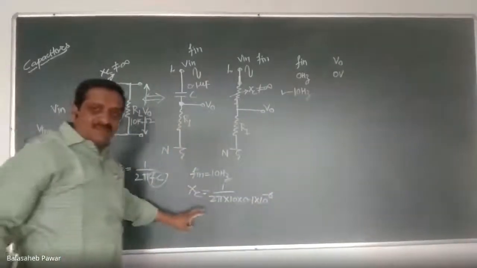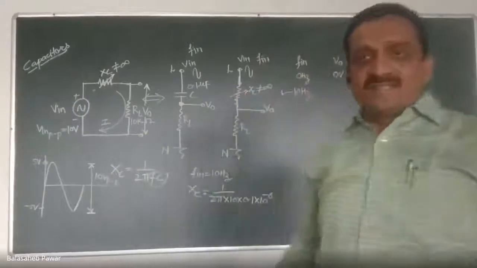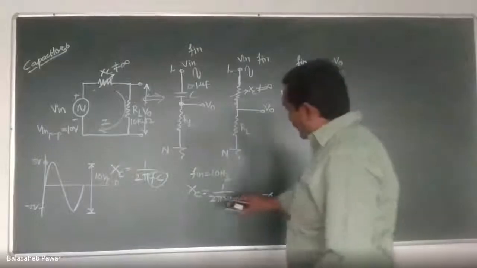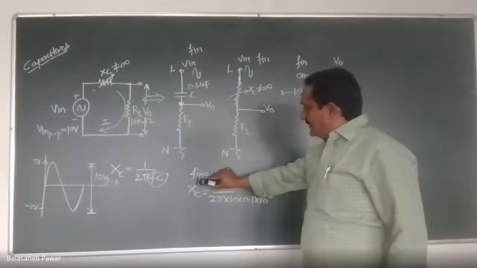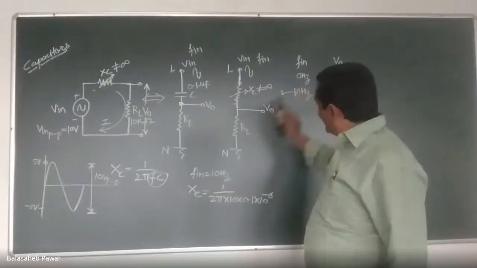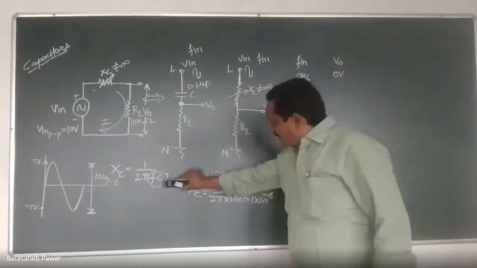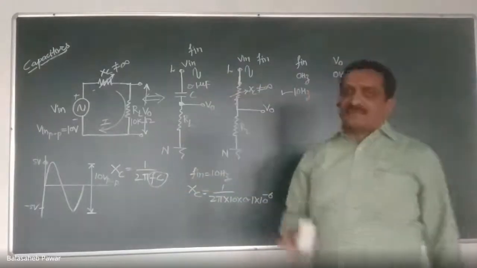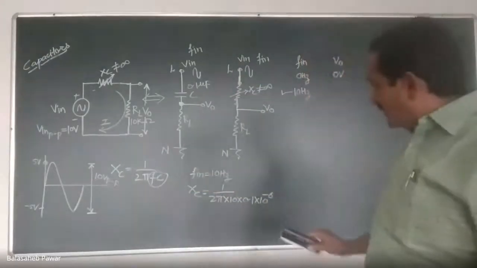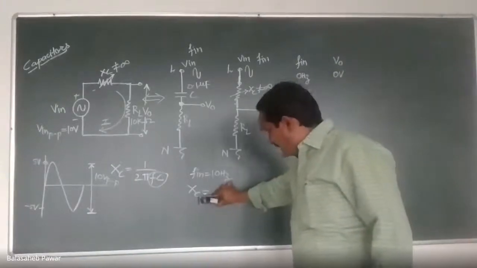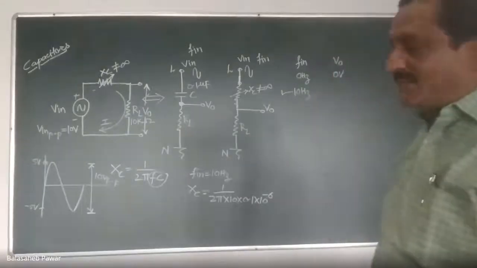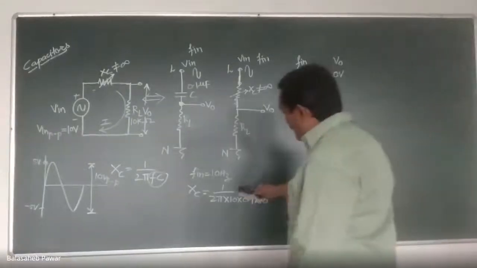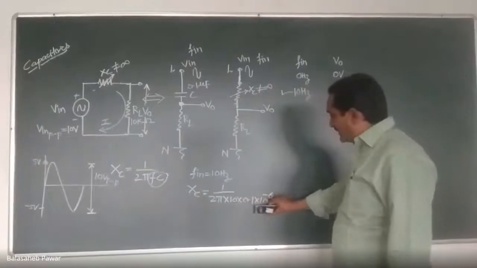Is it visible to all? Whatever I am writing on the board, is it clear now? Yes, sir. Okay, so use this formula, Xc equals 1 upon 2 pi Fc. Consider F, the input signal frequency, as 10 hertz, that is our second case, and the capacitance of that capacitor is 0.1 microfarad. So how much will be the value of Xc? Take notebook and pen and calculate, and firstly give me the answer. 1 upon 2 pi into 10 into 0.1 into 10 raised to minus 6.